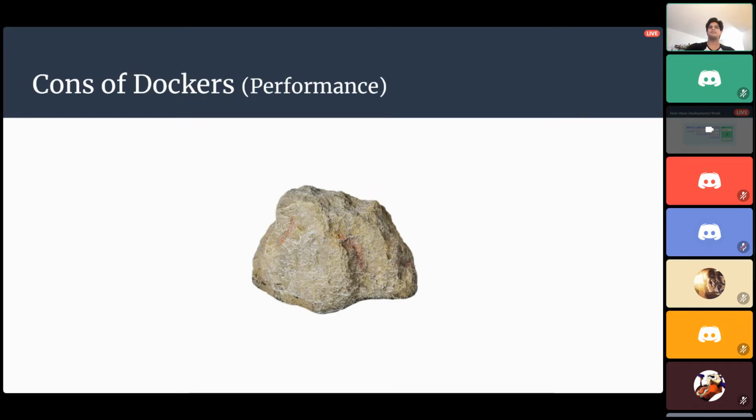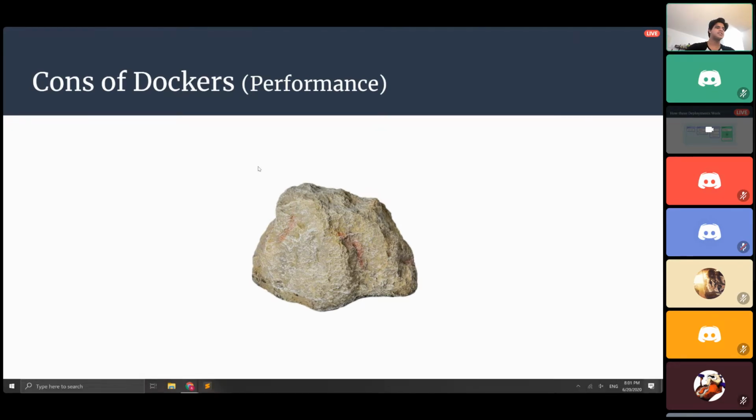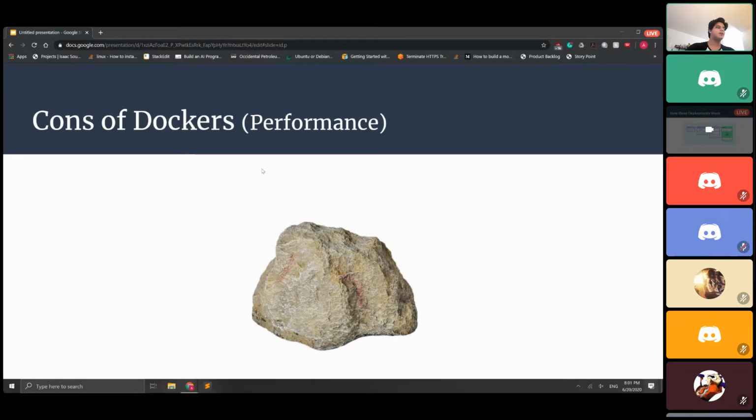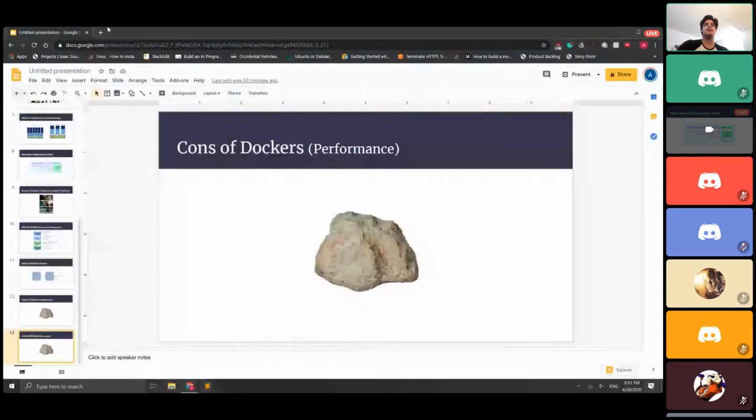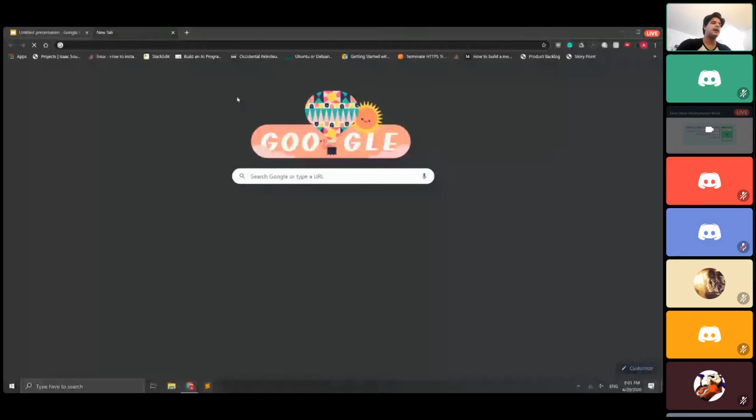All right, so in that case, let's actually start working with Dockers. Yay! So how do you install Docker? That's the first question that gets asked a lot. And the answer to that question is generally through,